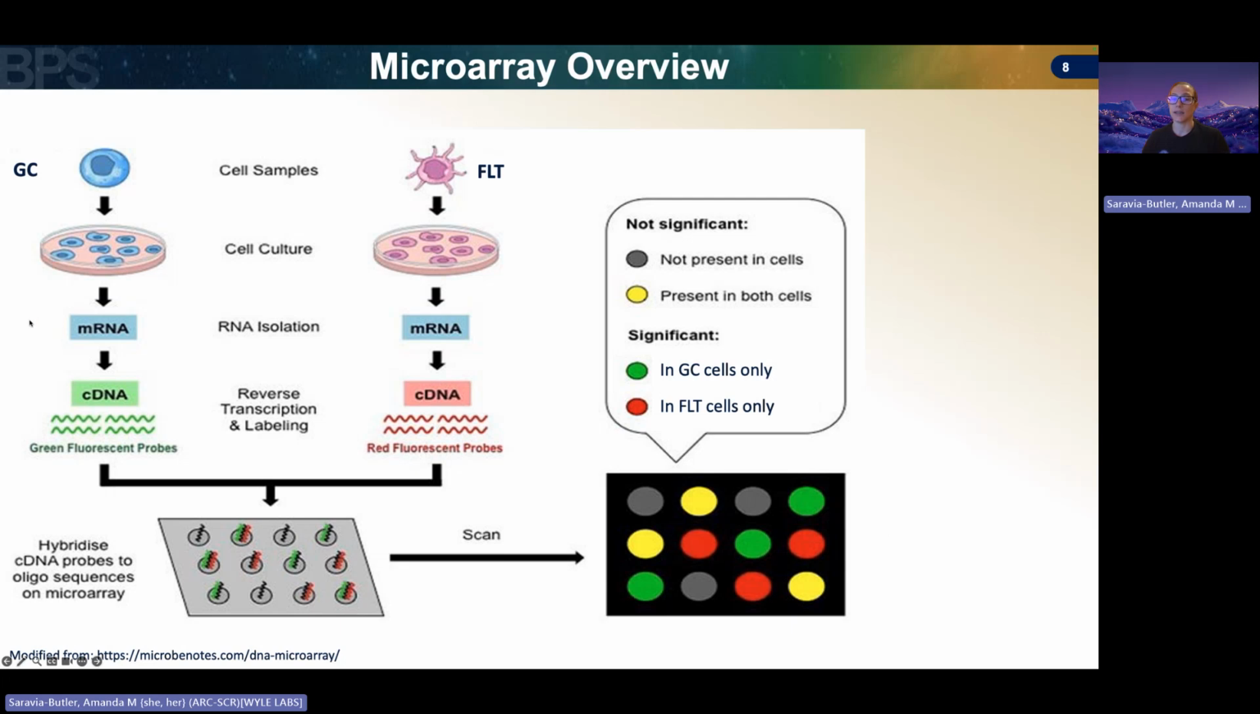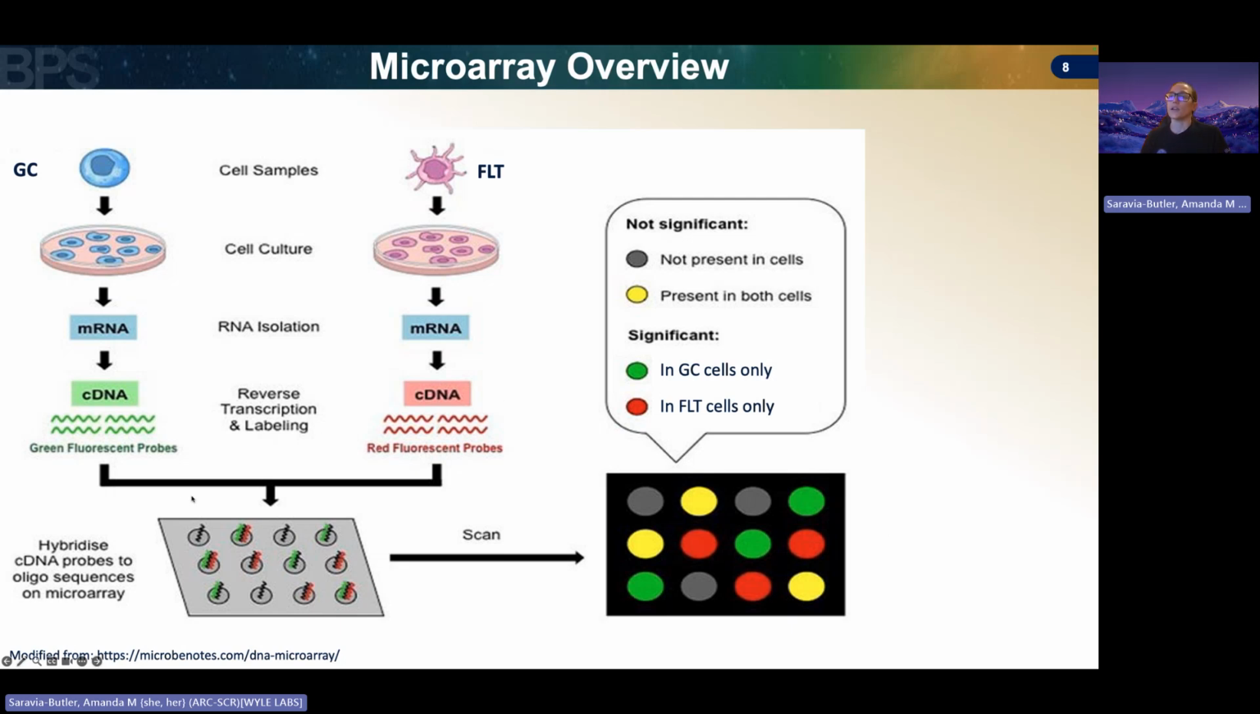You will then isolate, in this example, messenger RNA from your control sample and your treated sample. You will then convert that messenger RNA into complementary DNA or cDNA. And then here, you're actually going to label your cDNA with a fluorophore. And it's going to be a different color fluorophore for your different treatment groups. So here we have our ground control that we're labeling in green and our flight samples that we're labeling in